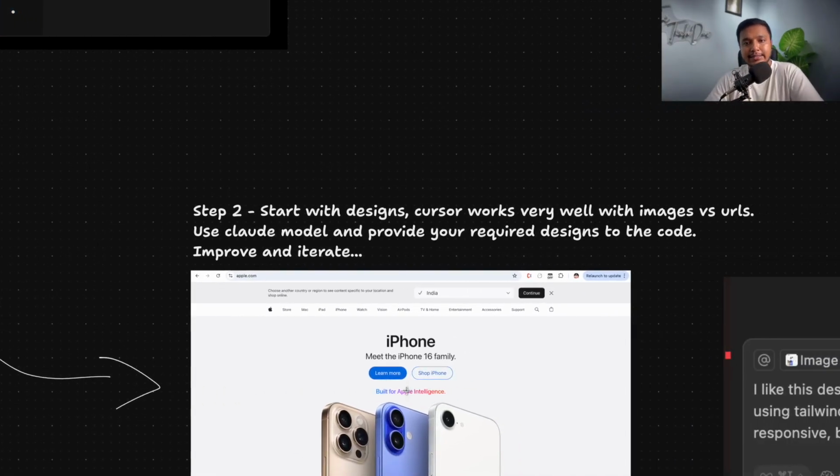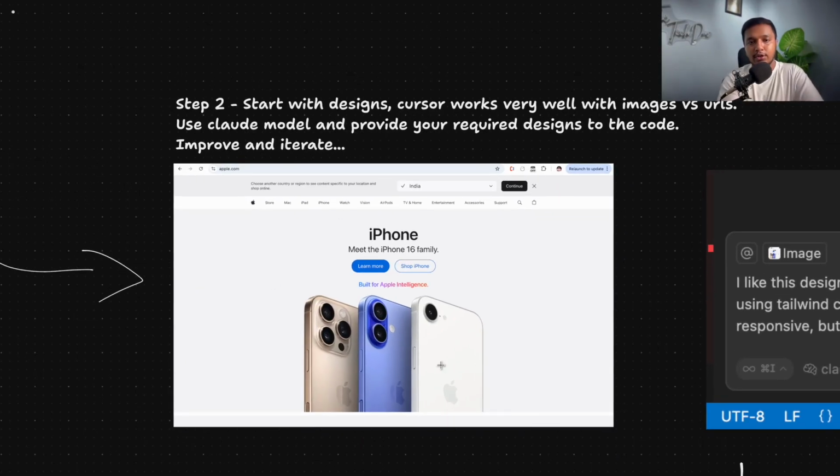See, we all struggle with design and how the design should look like. So let's say if you have an inspiration of how your design should look like, and if you want to implement that in your code and you do not know how to design Figma or all of that stuff, AI can do it very well. So what I'll tell you is Claude 4, Claude Sonnet 4 or Claude Sonnet 3.5 something can easily understand images very well. Rather than providing it a URL, what you should do is take your inspiration, take a screenshot of it rather than supplying search apple.com and create a replica. No, that way LLM is not able to do it very well.